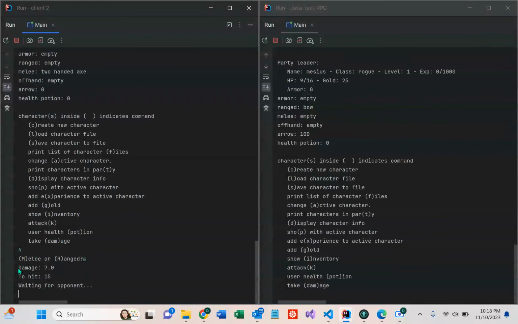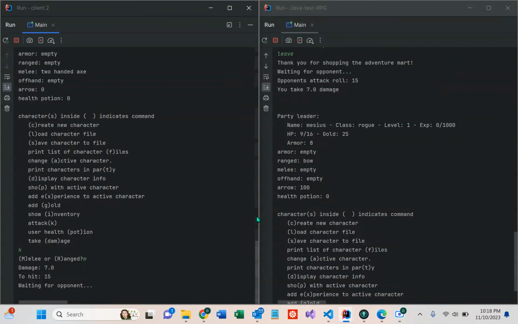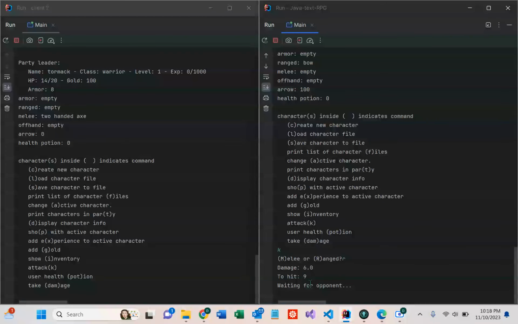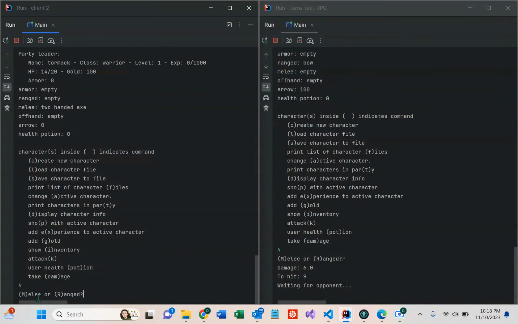He'll do damage. So he'll do seven damage. He'll hit with a roll of 15. That hit him, so he passed the object back to him. Now you can see his hit points have gone down by 7, which is what it's supposed to be. Now I'll do an attack with him. He will do 6 damage, roll a 9, he'll hit. And you can see that it passed back. Now his hit points went down, and we're just going to go back and forth